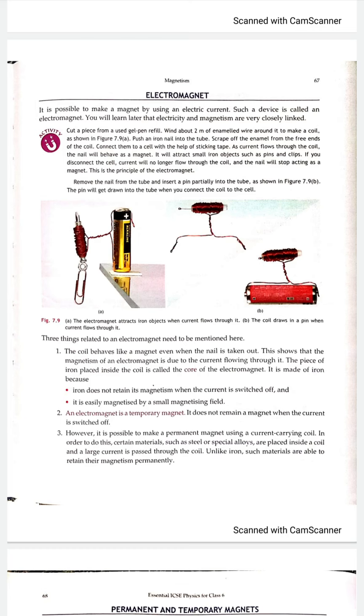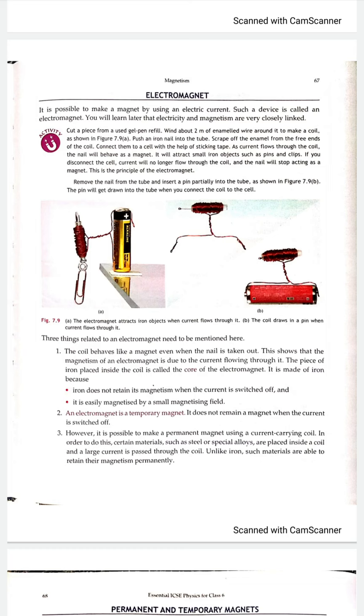As soon as the two ends of the wire are connected to the positive and negative terminal of the dry cell, current will pass through the wire, through the winding, and it will make the iron nail a magnet. Its one end will become the north pole, the other end will become the south pole. In order to test whether it has become a magnet, gently bring a small paper clip, a magnetic substance, close to its one end. If it sticks to the iron nail, that means it has become an electromagnet.